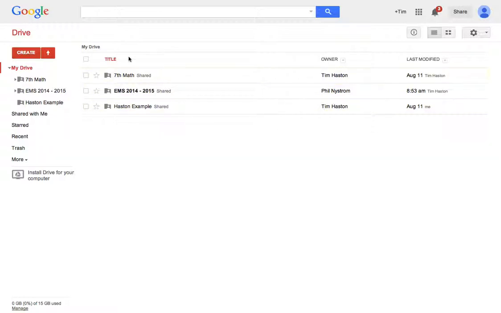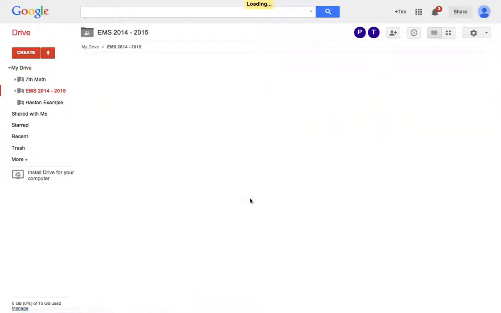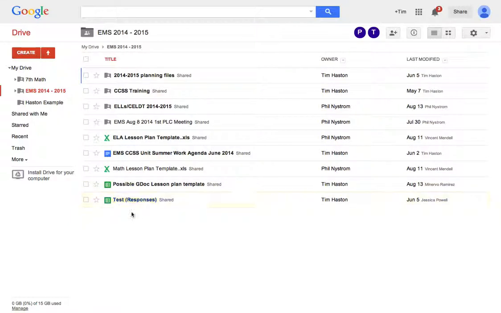So if you see, I have got these folders. The first thing I want to talk about is how to do our lesson plans quickly and easily. If you go to EMS 2014 and 2015, you'll notice that right here it says possible GDoc lesson plan template. This is what I propose we're going to use,